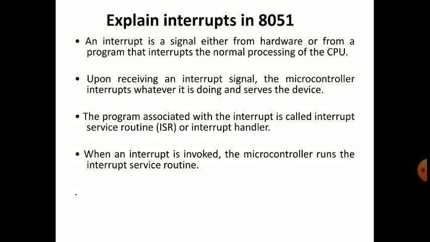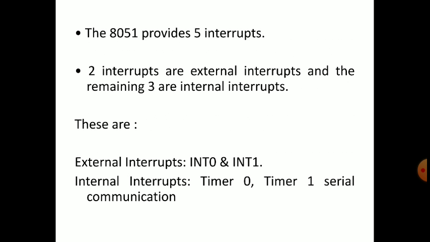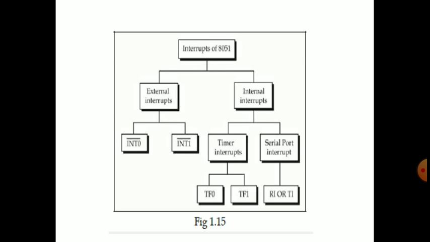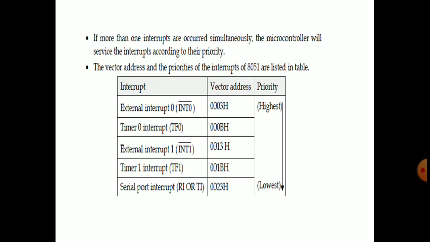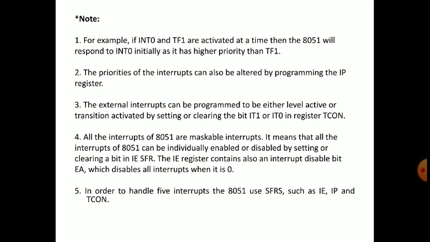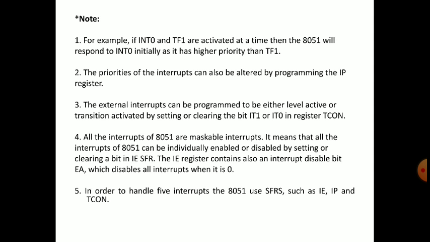Next we have seen interrupts, that is how the interrupt priority works and what the vector address is, the tree diagram of classification of interrupts, serial port interrupts, what is known by vector address, what an ISR, interrupt service routine, is, and what the processor will do when an interrupt is invoked. So like that we have discussed these topics, and if you have any doubts regarding this first chapter, you can